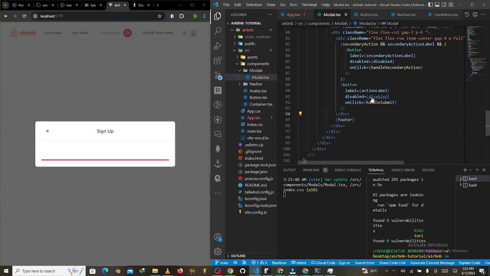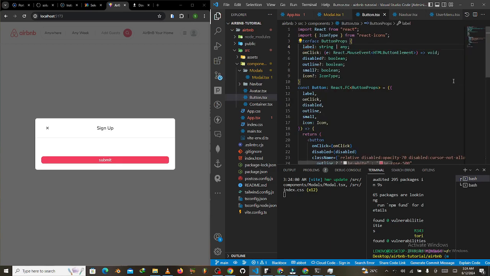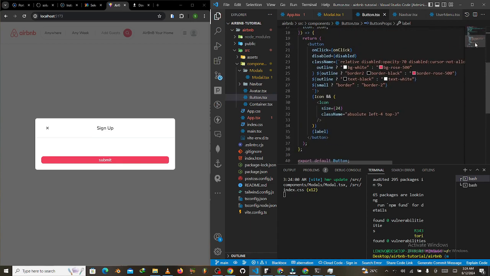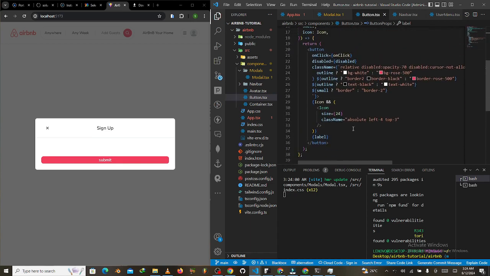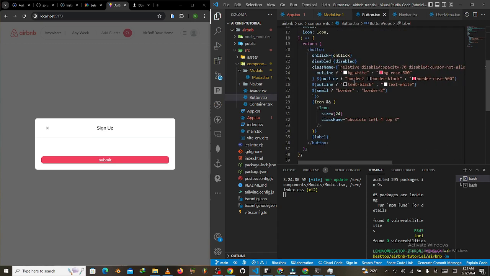I felt like there was something wrong with the action label or the button that we are trying to create. So let me just pass in a random text like submit, right? And let's go into the button to check the stylings. Okay, so button has a class name. Okay, how about a pattern? I think